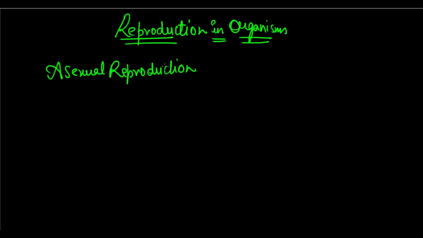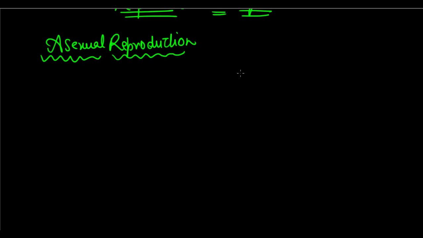Now, in the last video, I discussed the difference and the meaning of both asexual and sexual reproduction, and both their concepts in a lot of detail. Please look it up if you have any doubt regarding that. But today we're going to start off with what asexual reproduction is in detail, and how it actually takes place. A general definition of asexual reproduction, as we all know, is reproduction